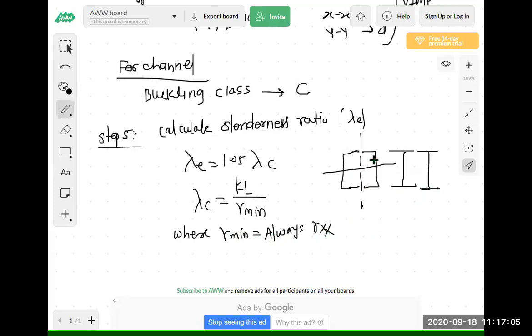या ठिकाणी आर मिनिमम आर एक्स एक्स आणि आर वाय वाय मधली घ्यायची नाही, तर आर एक्स एक्सच घ्यायचे, कारण का हा बिल्टअप कॉलम आहे. सिंपल कॉलम साठी आर एक्स एक्स आर वाय वाय मिनिमम असू शकेल आर वाय वाय, पण बिल्टअप कॉलम जर आपण घेतला तर त्याच्यामध्ये आर एक्स एक्सच मिनिमम येते. म्हणून ऑलवेज आर एक्स एक्स इज वी हॅव टू यूज ॲज अ आर मिनिमम इन बिल्टअप कॉलम. लक्षात येते का? ऑलवेज आर एक्स एक्स विल बी द मिनिमम हियर.